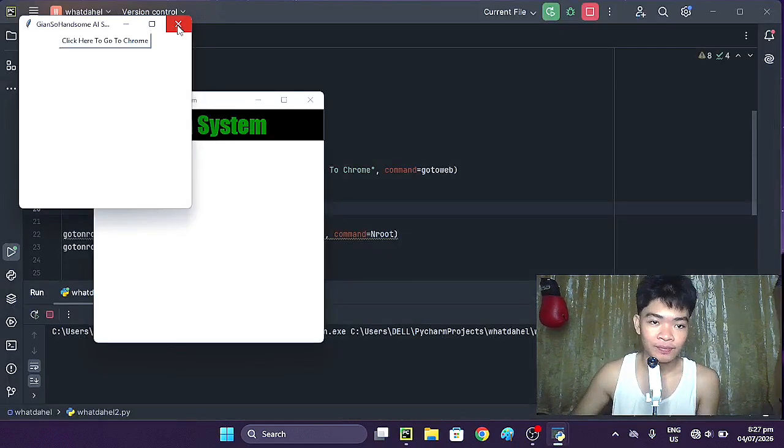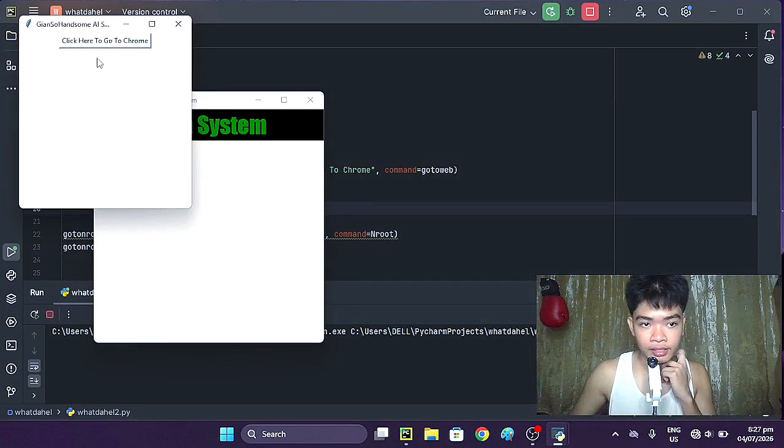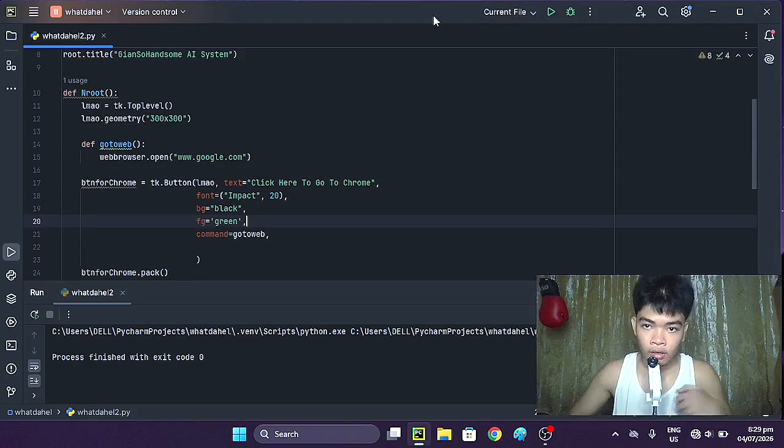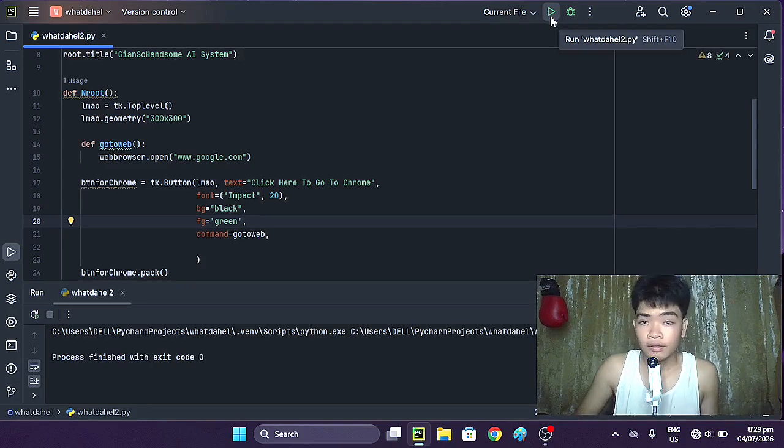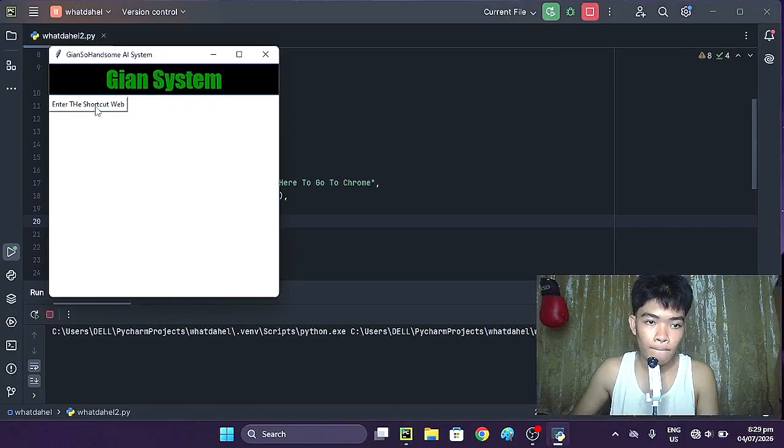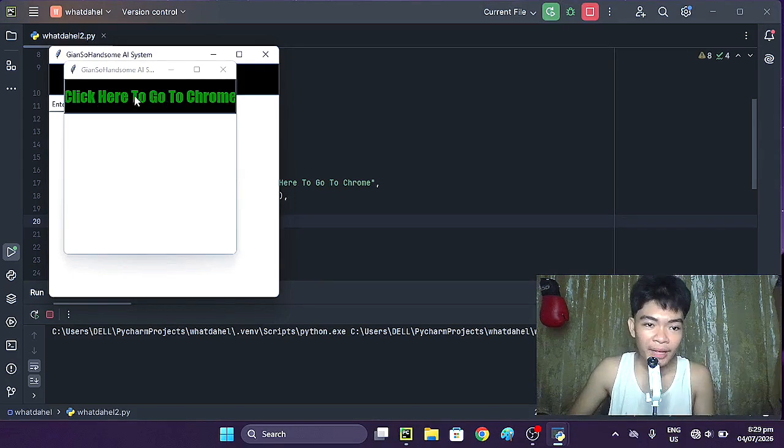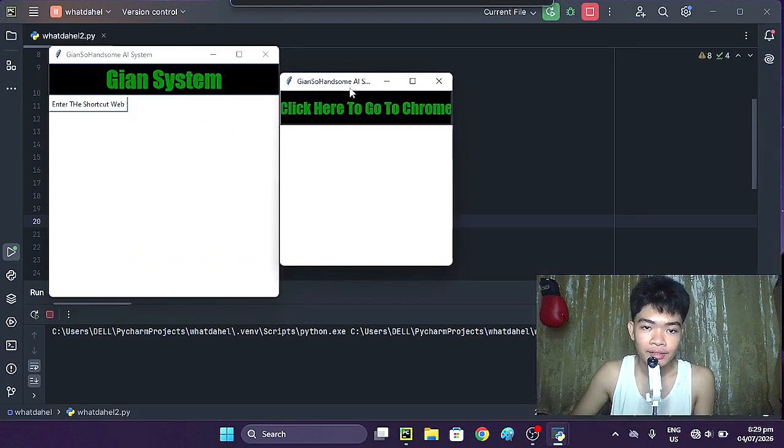It works. So let's just make it cleaner. I kind of want to make a good font for this. Let's go. Okay, let's see if the color changes and if it looks good. Boom, whoa, it's kind of big, but it still works.